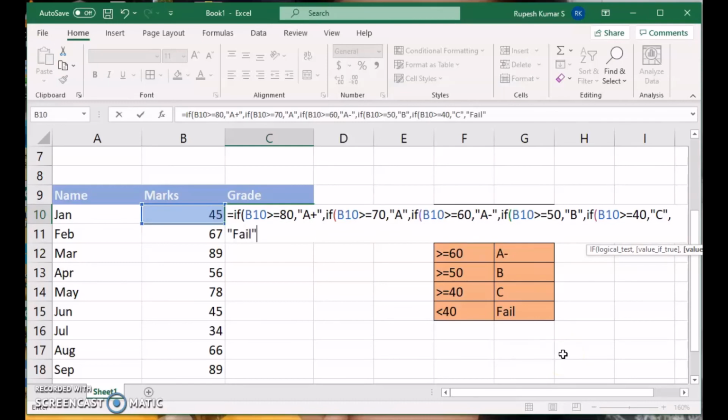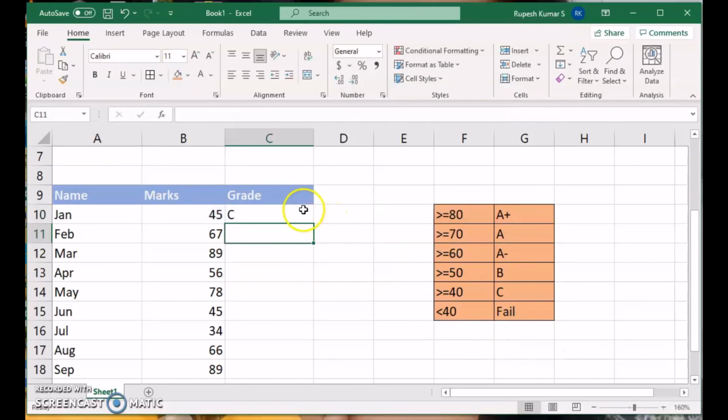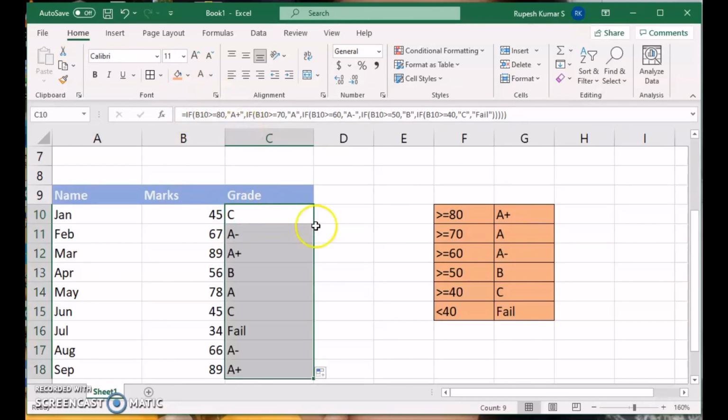Now I'm going to close the bracket, so I want you to notice the brackets. For B10 at 40, the C grade, see that purple color will get highlighted. Now the green color bracket, that is the B grade at 50, will get highlighted. Then again the next one, second last, and then the last one. So you can see how the levels of the brackets are coming, and we are done. So this is what is nested, and you can give maximum 100 conditions like this. So this is known as a nested condition, and then we are done.